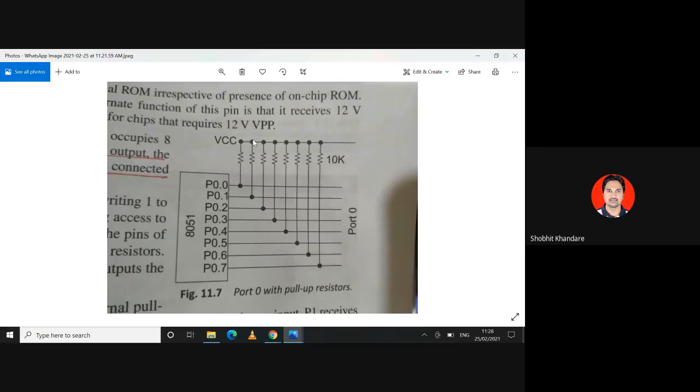Since all pins are open drain, to use P0 as an input or output, the external pull-up resistor of 10 kilo ohm,